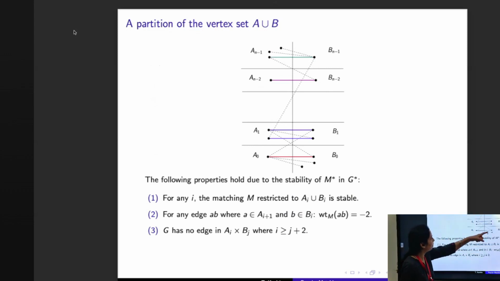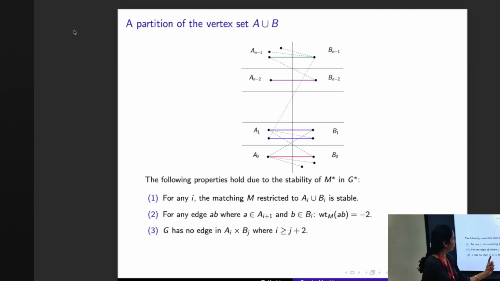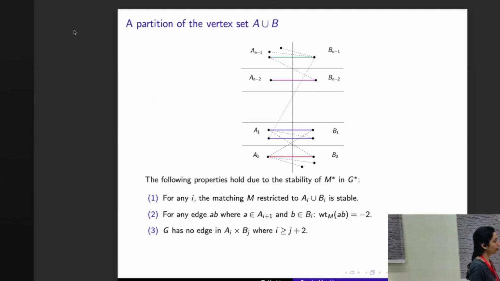There is no steep edge. By steep edge we mean from A2 to B0 or A3 to B1. There is no edge between A_i and B_j where i is at least j plus 2. So again this follows from stability. If there is such an edge, there will be a blocking edge,